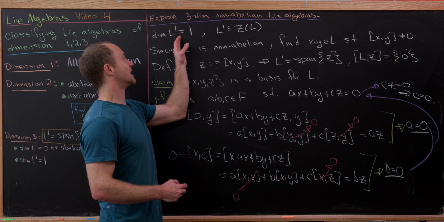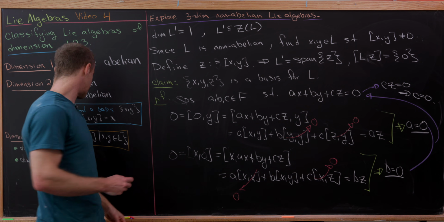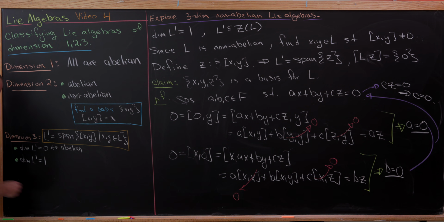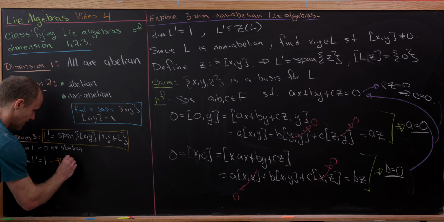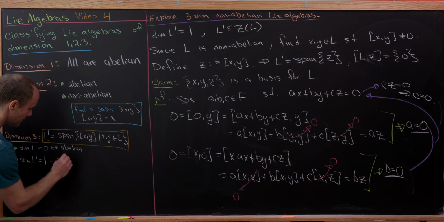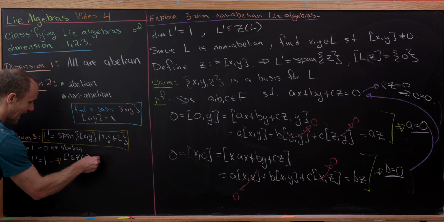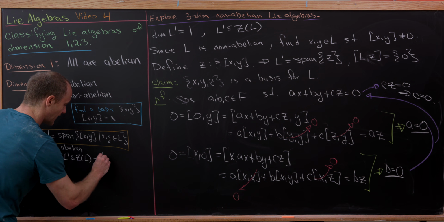So that means that there's a single 3-dimensional Lie algebra up to isomorphism satisfying these conditions. Okay, so let's go over here and write that. So this is going to split into 2 cases. The first, when L prime is contained within the center, and in that case we have L